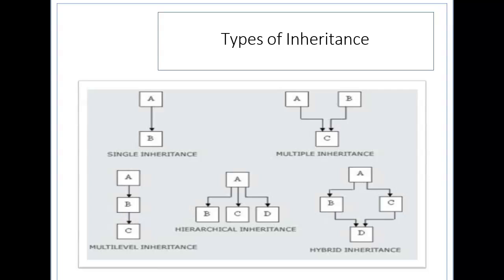Then last one, if you can see, hybrid inheritance, it is a combination of two or more types of inheritance. If you can see this particular diagram, it is a combination of hierarchical and multiple inheritance. So A is the parent, the child classes are B and C, and again from B and C there is a single child class that is D. So this is how